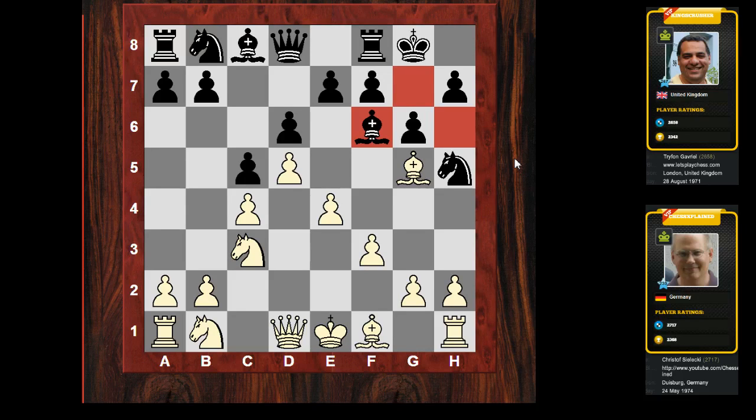So it's not like he plays this. He's playing this for the first time in his life or so. Yeah. So he should have some idea what he's doing in these positions. Yeah. But bishop f6 is really a surprising move. But I think it was interesting because White is inclined to take here. Yeah. I would have really...